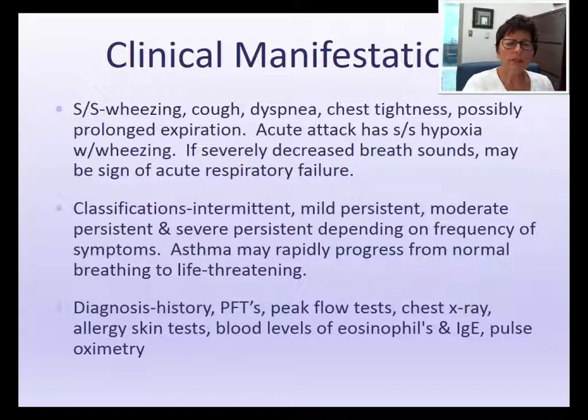Asthma can ebb and flow. It can be intermittent. It can be mild persistent, moderate persistent, and severe persistent. So it depends on the frequency of the symptoms. It can rapidly progress from normal breathing to life-threatening, and actually can cause death if they didn't get to the hospital in time. So diagnosis is through history, a pulmonary function test,